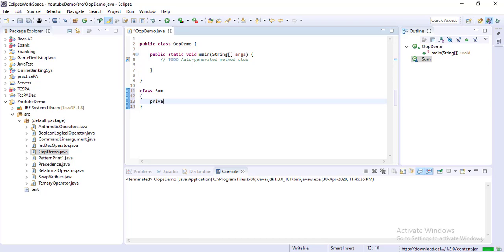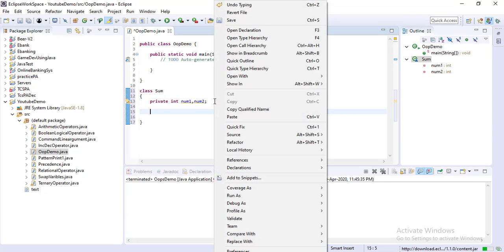So private, we are taking the same num1 and num2, int, integer type, two variables.